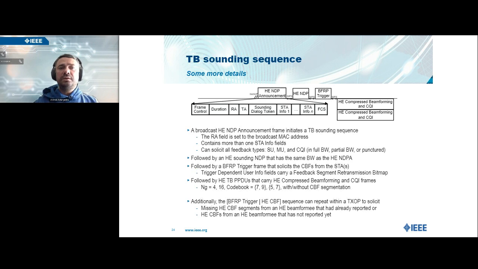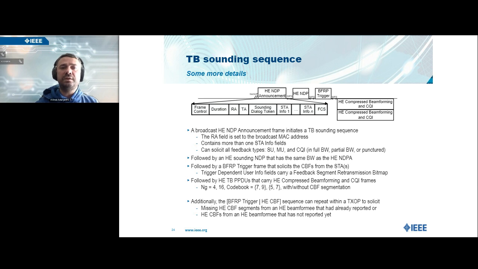So the main difference with trigger-based sounding is essentially that you can poll multiple beamformees to generate their feedback. What initiates the trigger-based sounding is the RA field set to the broadcast MAC address. And of course, it's going to contain more than one info field, because multiple stations are being solicited. And in this particular case, the difference is that instead of having the CBF from